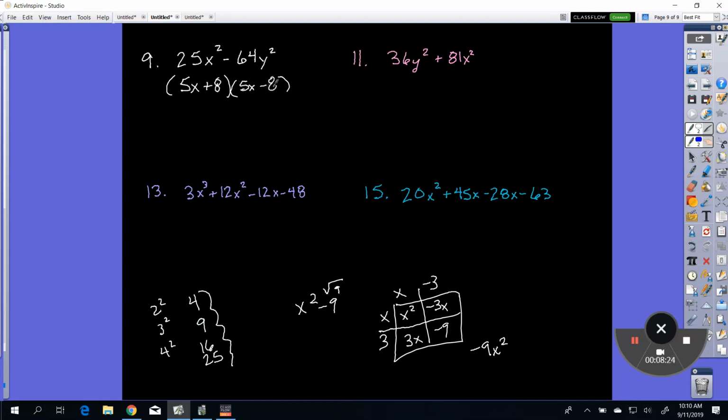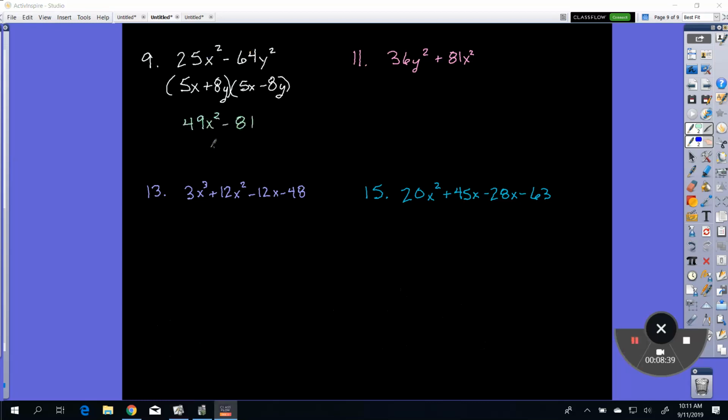So 8 and 8, but it has a y squared on there, so that means it's going to have a y with it. So it'll always work that way when they're numbers squared with a minus between them. So just to check your knowledge,